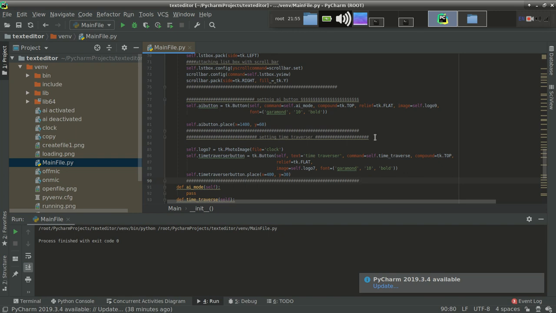Yeah, we were adding copy button. Setting copy button, copy. So this is going to be the copy button.